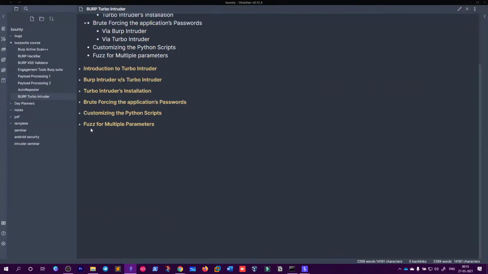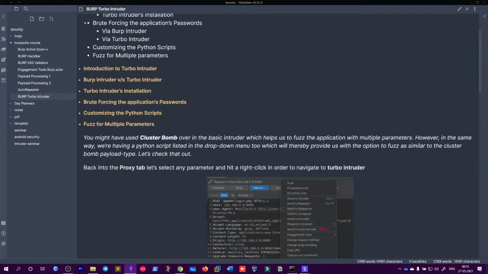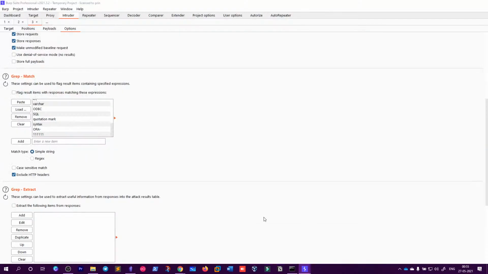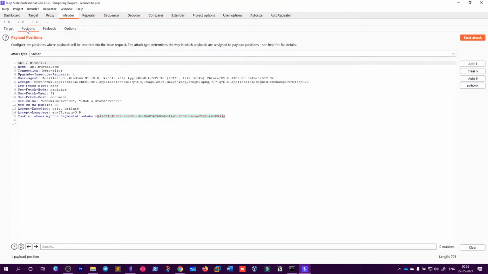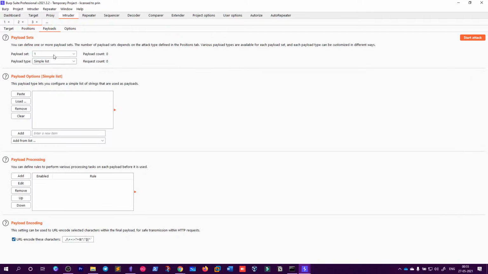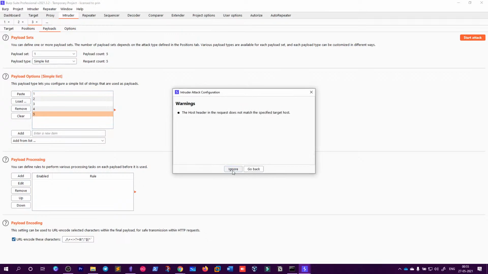So the next part is fuzzing for multiple parameters. You know there is the cluster bomb attack type. I'll show you. So you know the attack type sniper. You can see we have one payload set and one simple list. So I add something like 1 2 3 4 5. I just remove the 5 here. So this is a payload list. If I start the attack, you will see